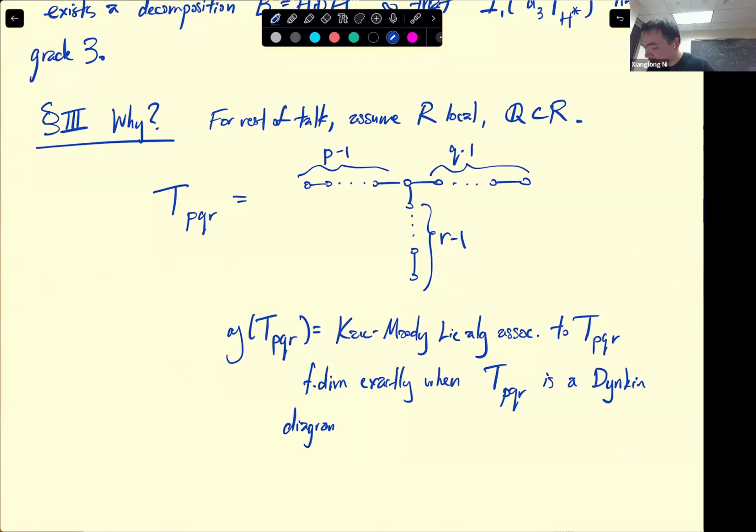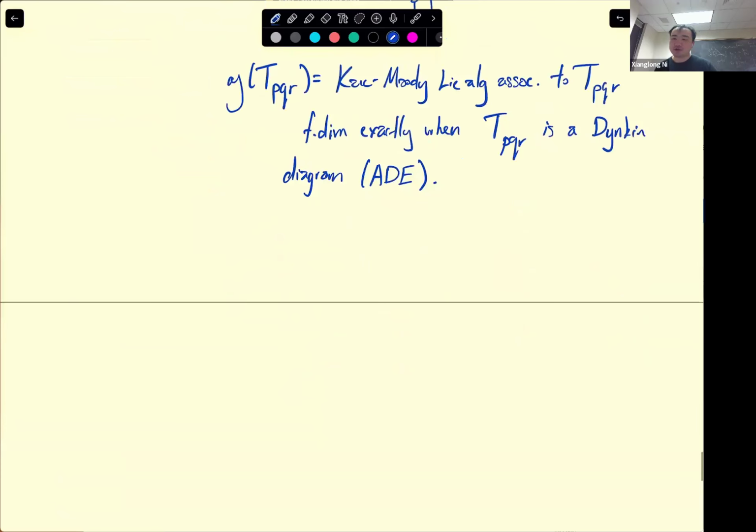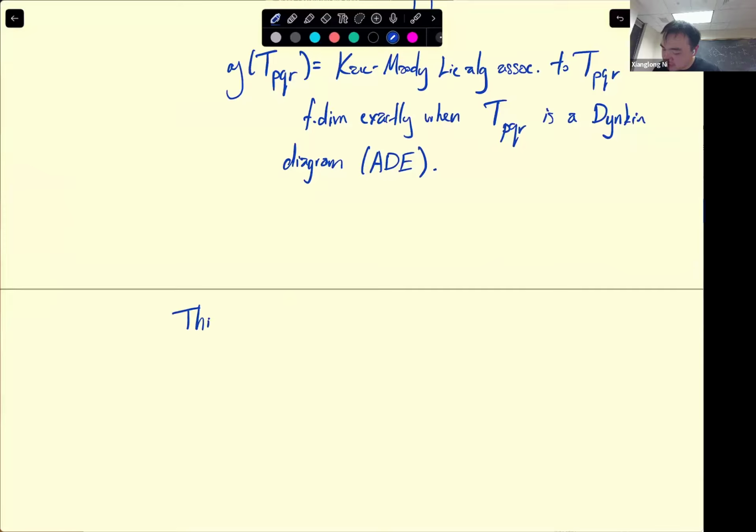Right. So why am I bringing this up? Well, it turns out that there are various things in commutative algebra that are related to the representation theory of this seemingly completely different object. So some things that are related to the representation theory